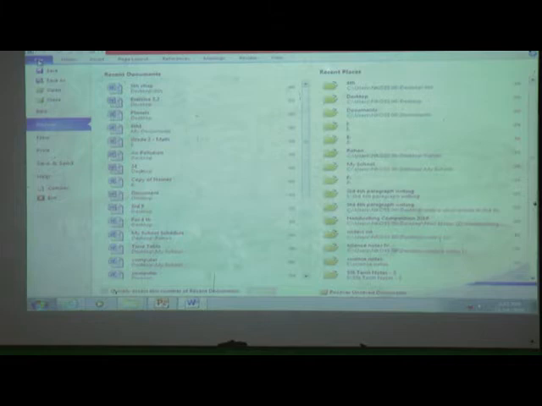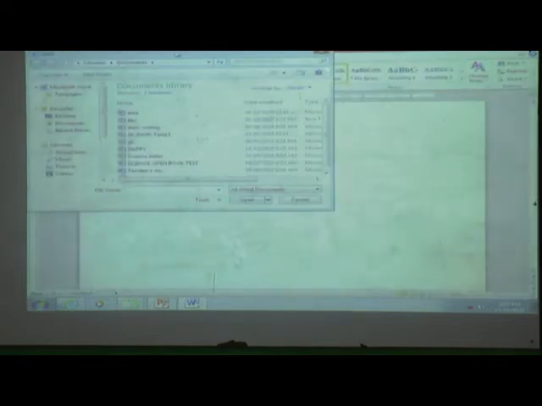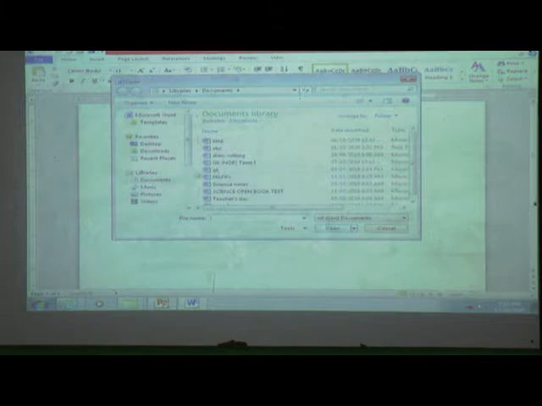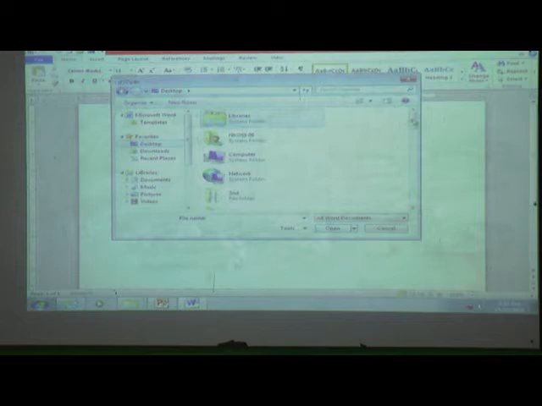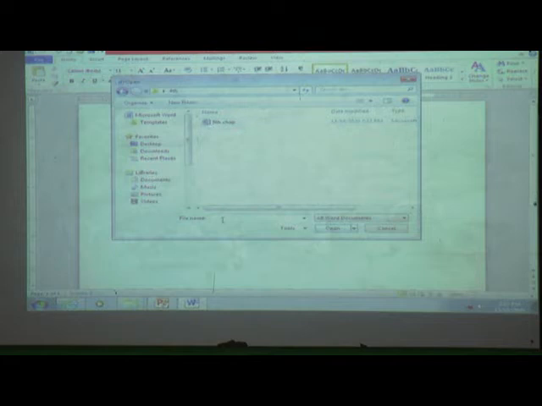By using this option we can open an already existing file, and by using the File or Office button also we can open it. Click on File. Then which option do we want? We want to open a file. We don't want to save here now. We want to open. Then click on Open. Then the same window will appear. Where did we store it? On the desktop. And which folder? The 4th number folder. And what is the file name? Directly we can write the file name here also, and directly we can select the path.